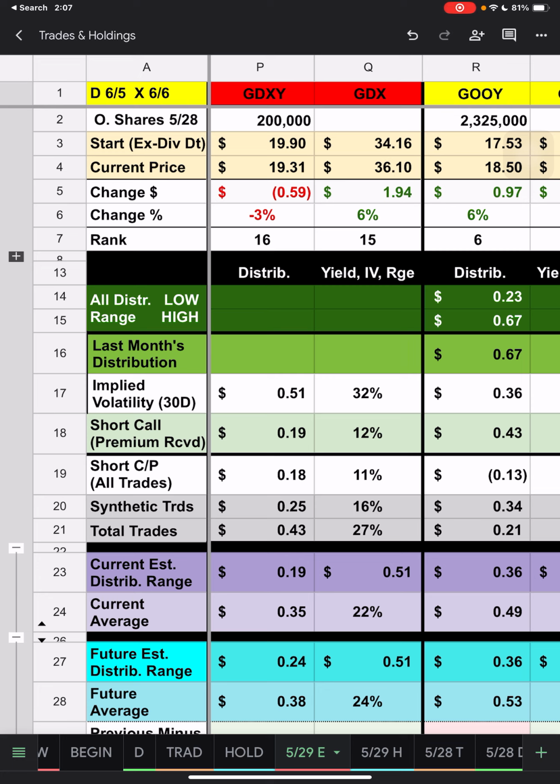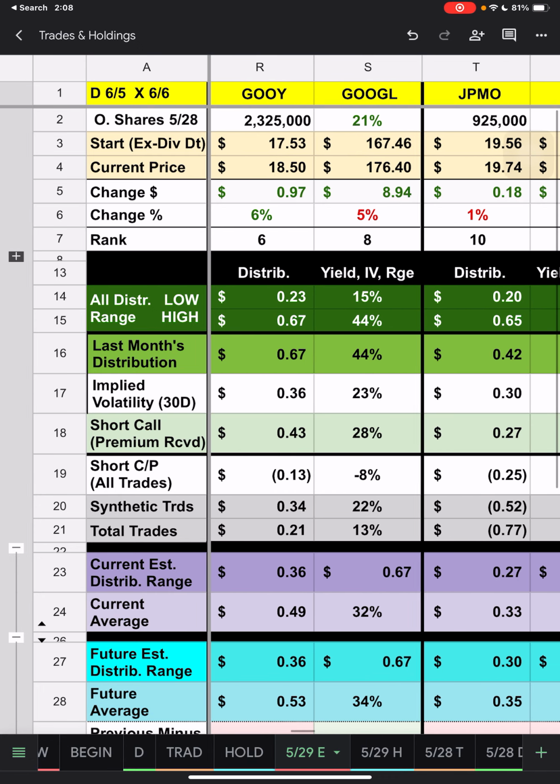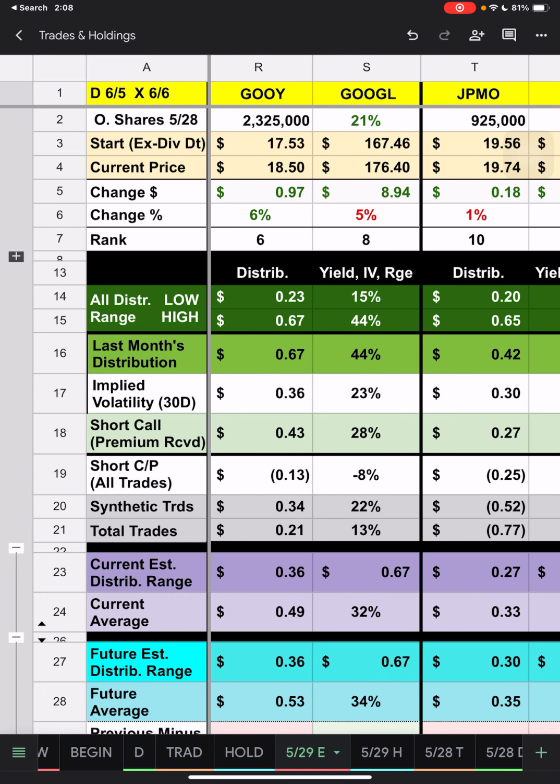Then, of course, it goes and does this at the bottom. Now, this future estimate at the bottom for this one isn't going to be accurate, because that would be if they paid this week or for this round, and they will not. But at least you have an idea, about 50 cents that they could pay if we're looking at IV only. So anyway, we'll move on to GUI here.